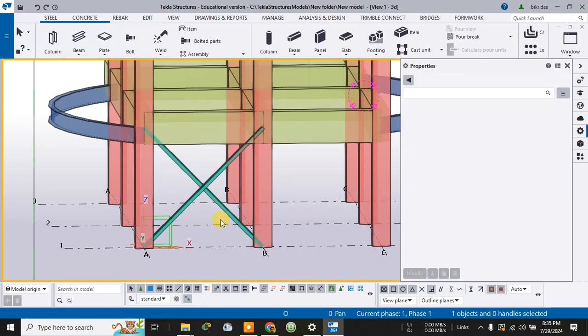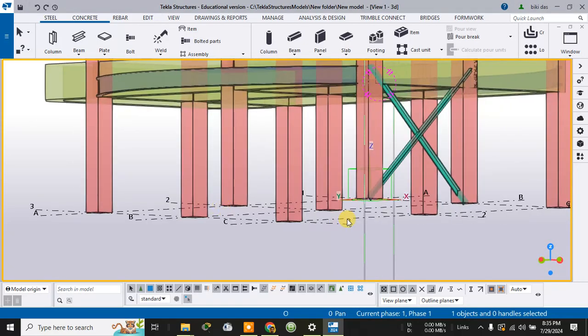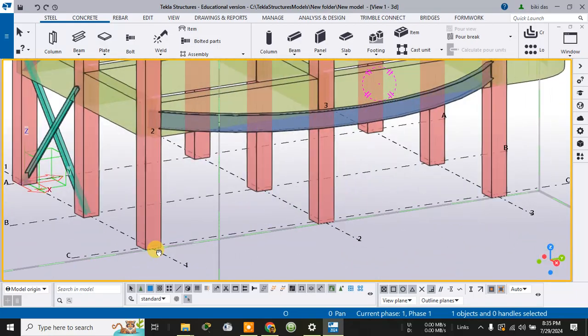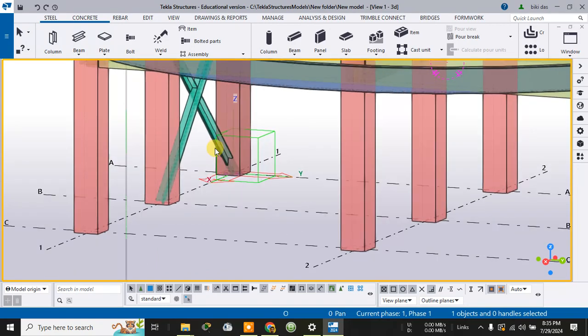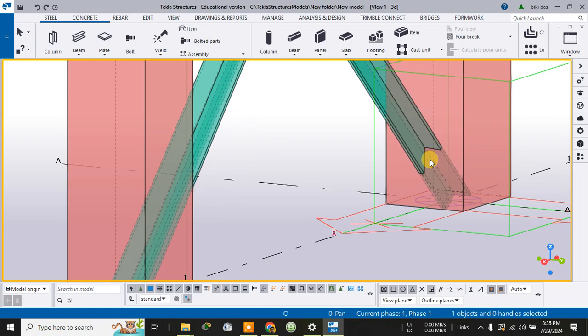So hope it's clear to all of you how the twin profile looks. Suppose if you zoom in on the figure, I will show you how the twin profile looks. So these are the two twin profiles. How do these two twin profiles look? As you can see here, these are the two